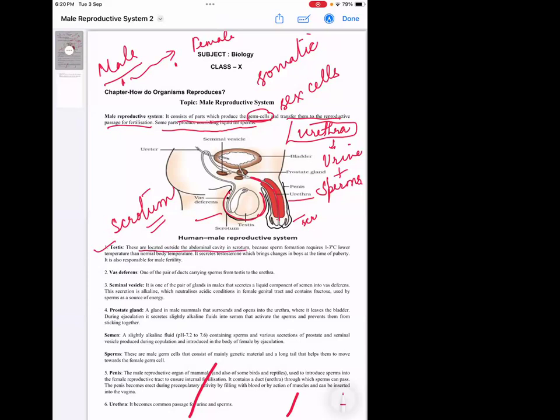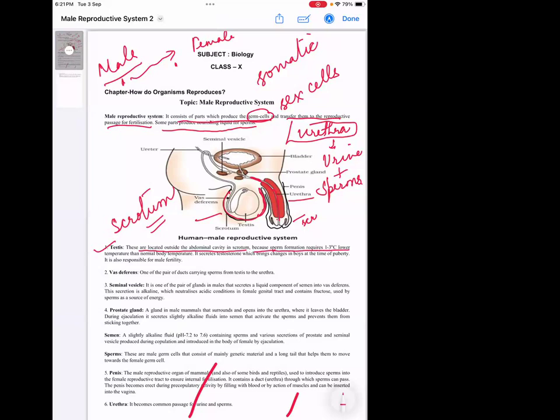So you can see this is actually the testis part. They have a bag-like structure outside the testis, which is called a scrotum. A very important question: what is the function of the scrotum? The scrotum helps in sperm formation, which requires a temperature 1 to 3 degrees Celsius lower than the